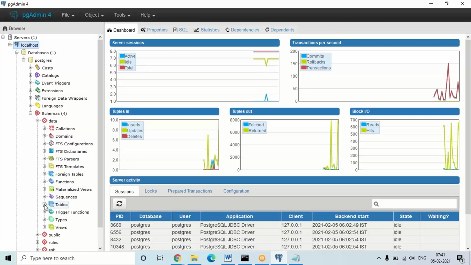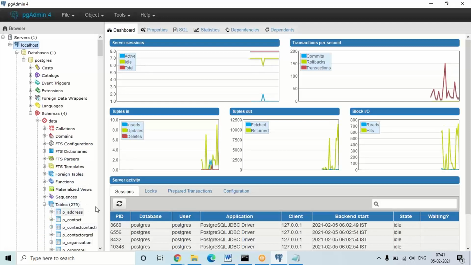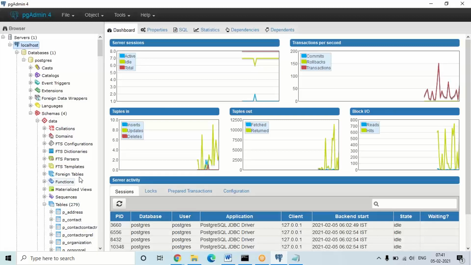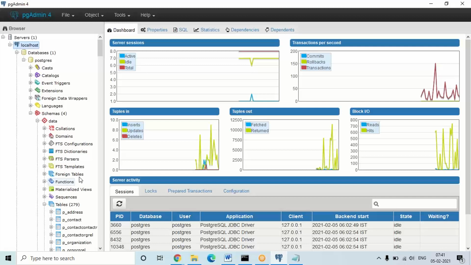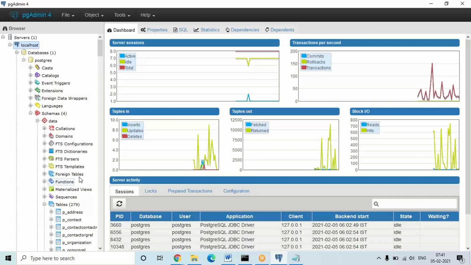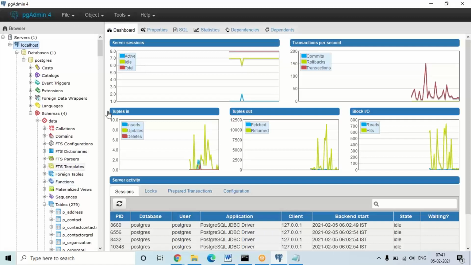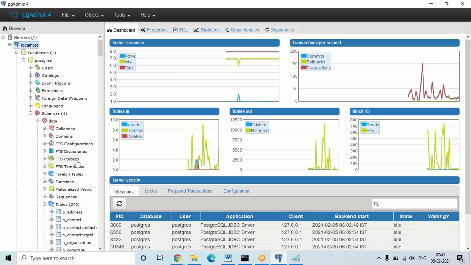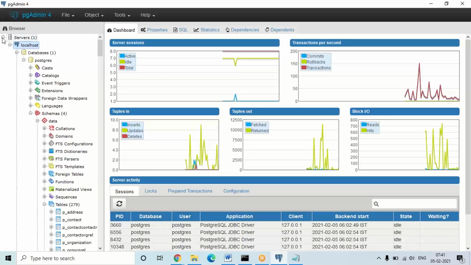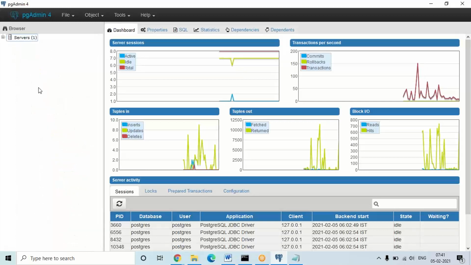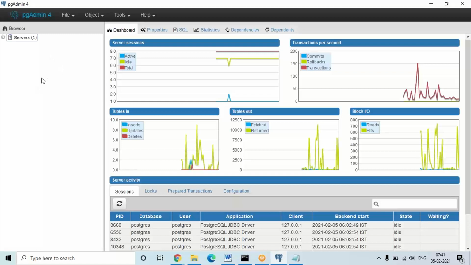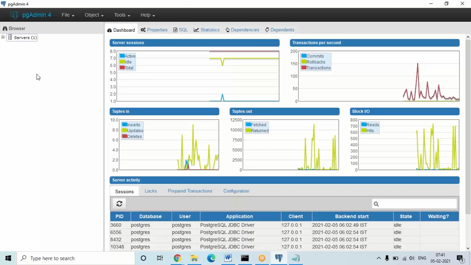Rule based tables will be there, but don't worry, I'm not discussing more about this now. Just create this connection. In the future we will understand the rule based tables that are created automatically, their categories, purpose and differences. Apart from that, we are not going to add anything manually here. We created this connection only to view the physical data created in the server. Otherwise, without this configuration we can also work on the platform directly.